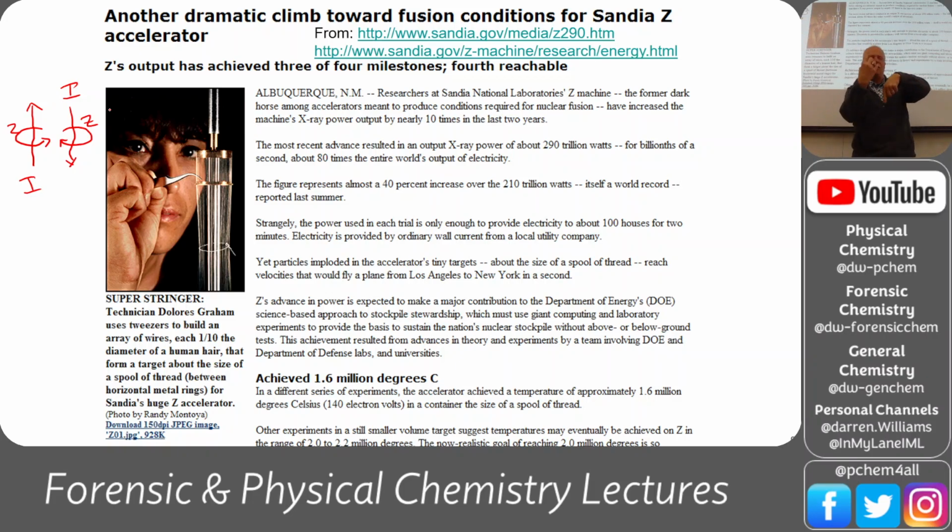So they shoot this current in opposite directions on these wires, and they all move towards the center because there's an array of magnetic fields. So you have north-south, south-north, north-south, south-north, and all of these gold atoms come crashing into the middle. And you can put a target in the middle. Part of getting fusion to occur is to get those nuclei close to each other. So if you have a salt like lithium deuteride in this middle target here,